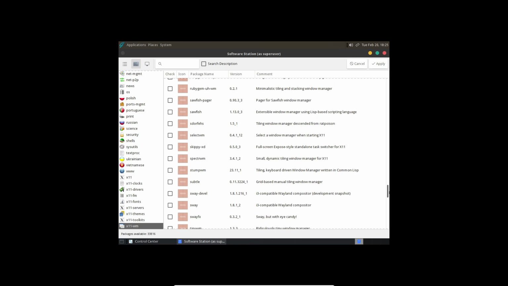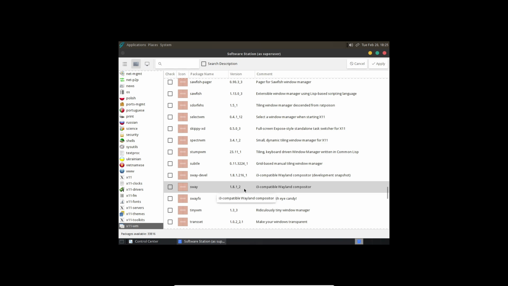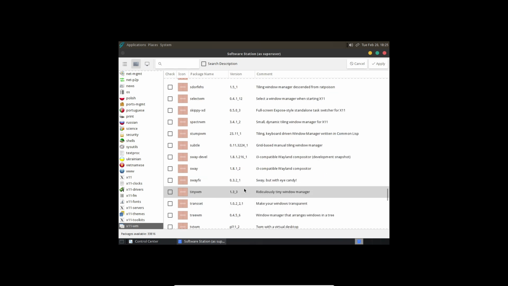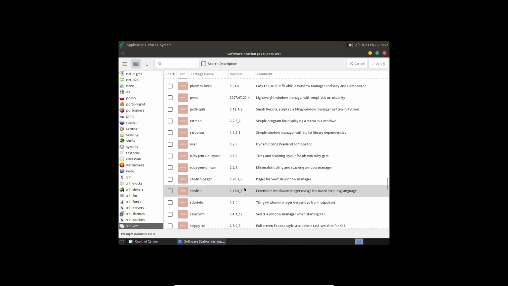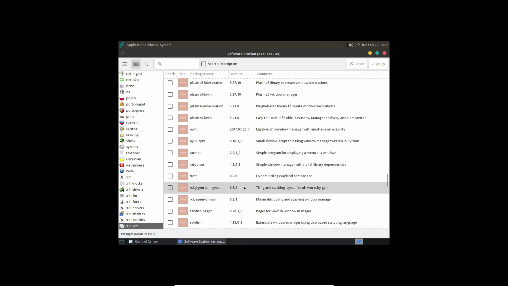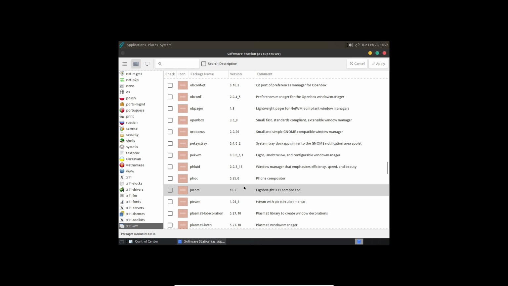FYI, they have X-Wayland. No, they have Wayland and X-Wayland. And they have Sway, by the way. I think they have the 3 major window managers that work on Wayland. They have them over here too. So I don't know if it has Wayland installed right now or not, but let me see if I got all the